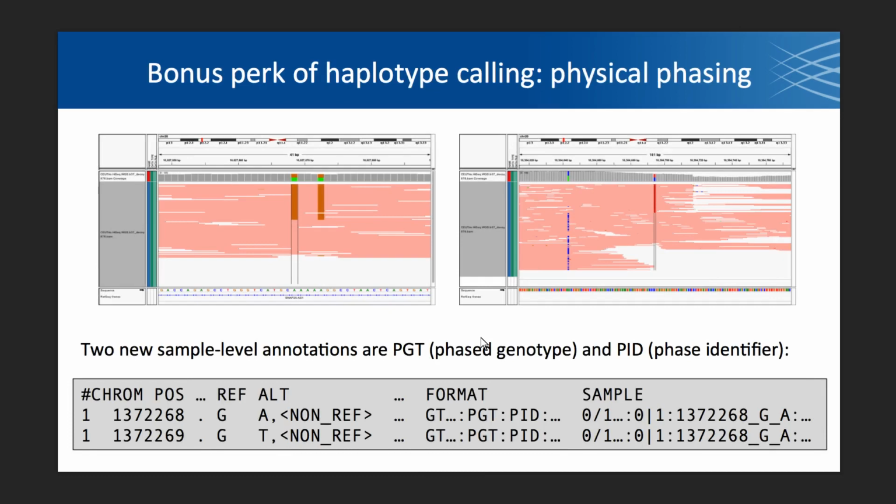So another one of the benefits that we get out of HaplotypeCaller is having physical phasing of the variants within these active regions. So it's within the span of an active region, which is only a couple hundred bases, but it's still very useful from a biological context. So on the left IGV screenshot, we're showing you a pair of SNPs. And in these SNPs, the variants are on the same haplotype, whereas in the other screenshot, the variants are on